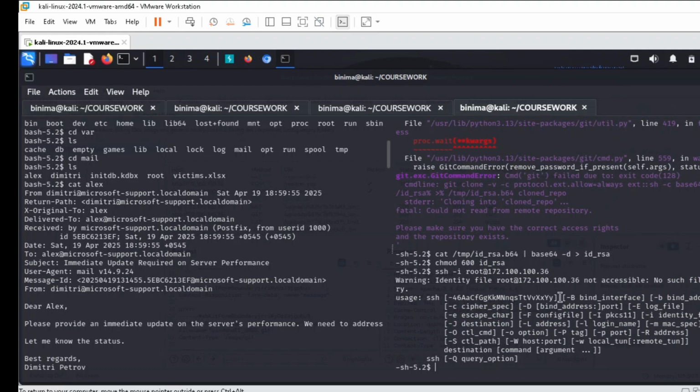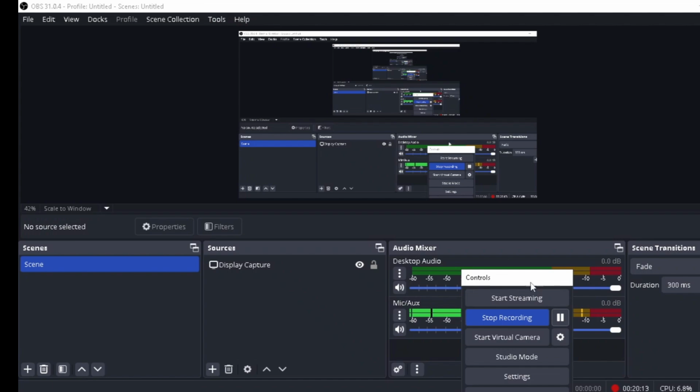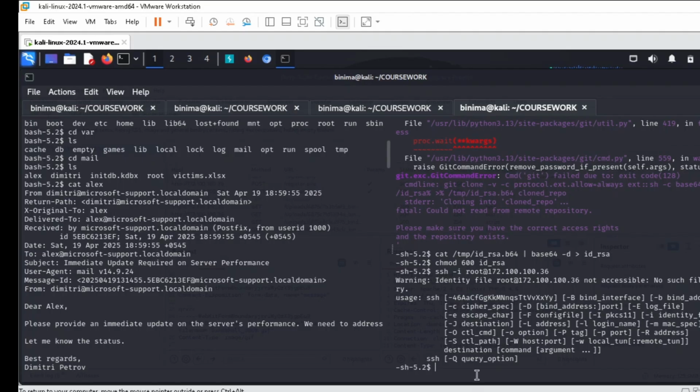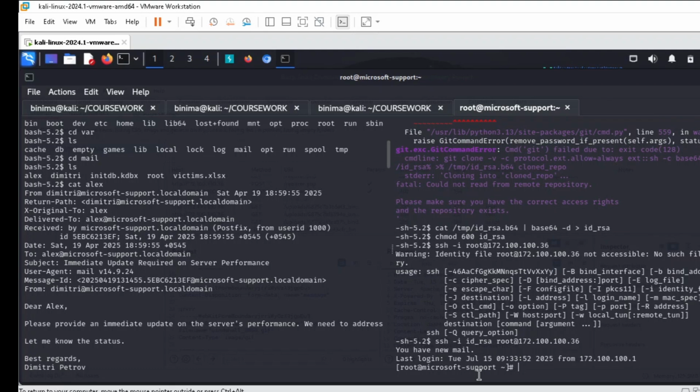Okay. ssh -i id_rsa root at 172.100.36. So as you can see, we are logged in as root,